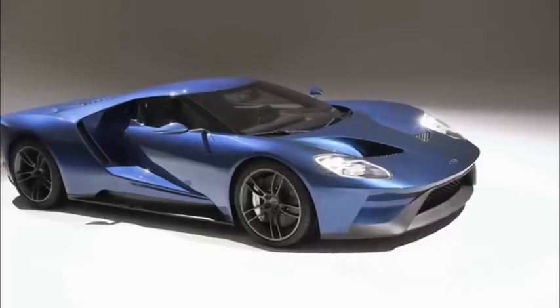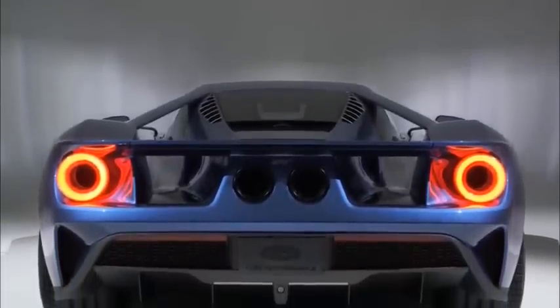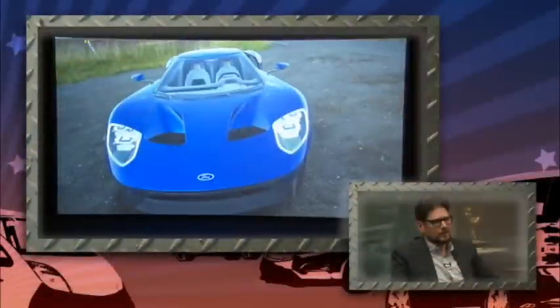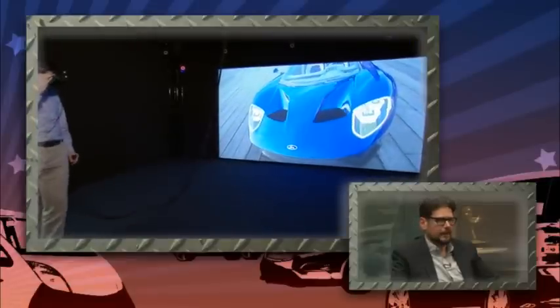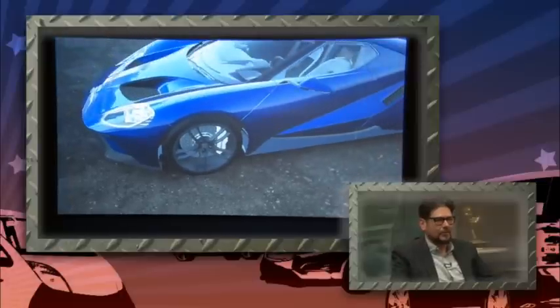So was it more about designing with the hand versus designing with digital technology? Not necessarily. We do both in the industry. But with the digital tools we have now, you'd be amazed at the amount of sensitivity we can get digitally. They've come a long way. And remember, the inputs to the tools are still being done by hand. But maybe instead of going directly to the clay, we're doing it in CAD,